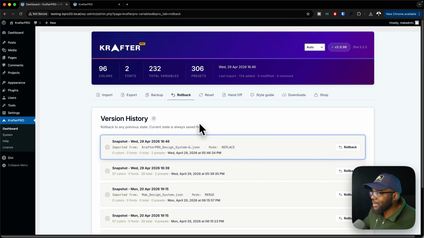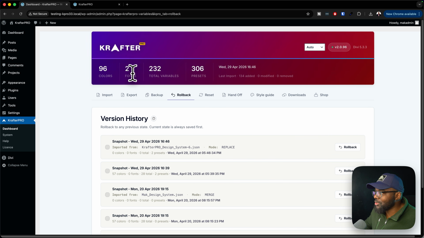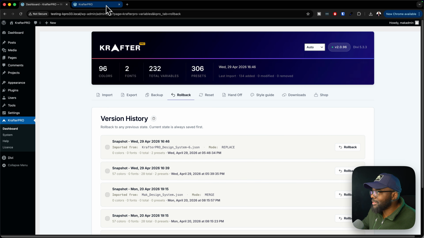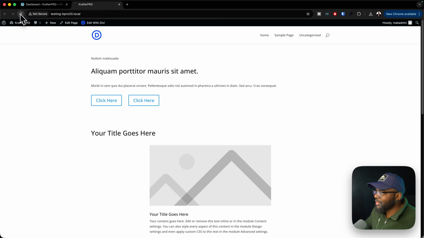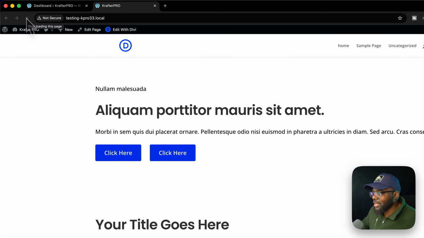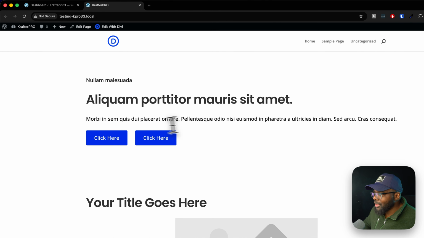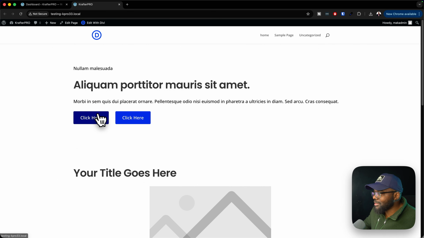Now over here on the top, it tells us we have 96 colors, 2 fonts, 232 variables, presets. Okay, fantastic. So how does this help us really? Well, now let's take a look and see how this is going to help us. I'm going to refresh this page, and straight away you notice that this has taken H1, this has taken the body text, this has taken the default colors. So just by installing this, I have a very, very good starting point, which is